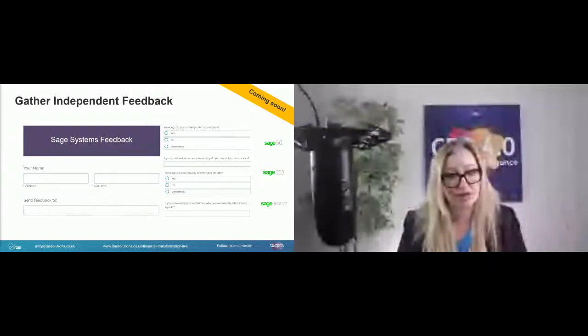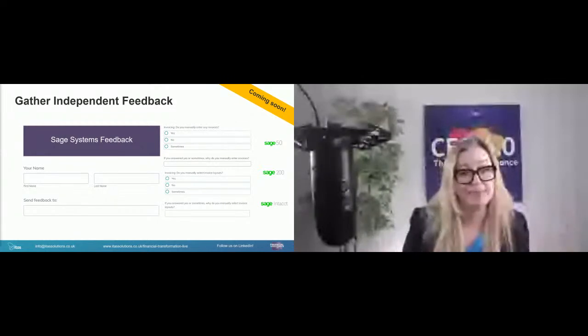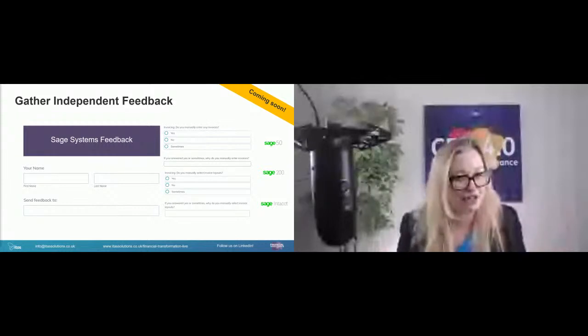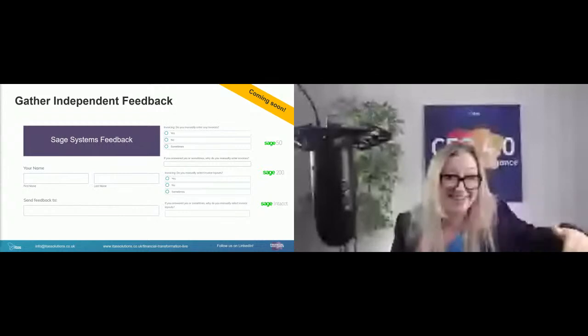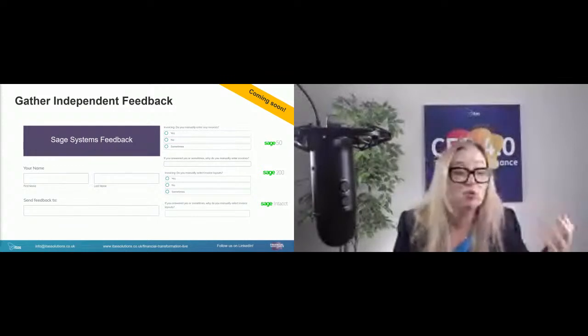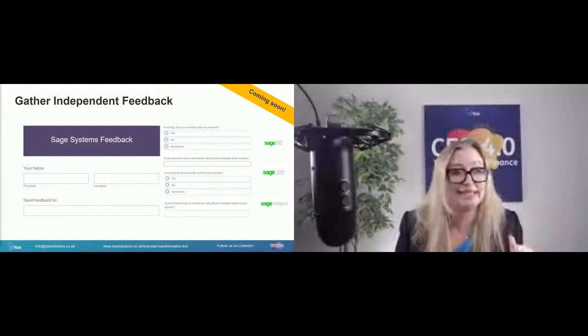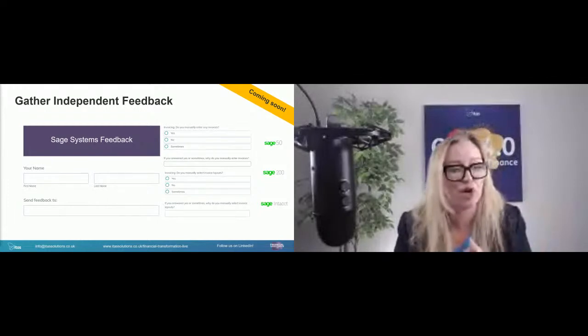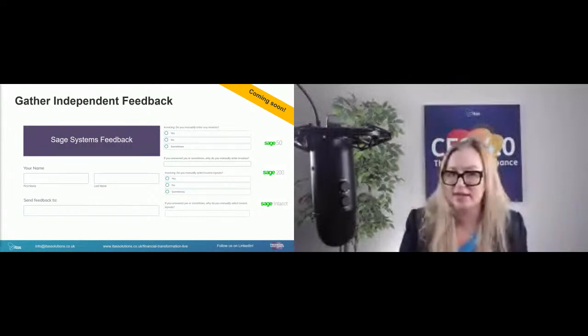So we've put together a series of system-agnostic questions for each team, or each functional area, I should say, of the system, to prompt some questions and feedback. Now, I'm actually hoping this will be applicable to non-Sage users as well, because some of it isn't really specific, it's just general. So if you would like access to that, DM me, send me a message, or put a comment saying "me please", particularly around the systems feedback, because we've got loads of content to share with you. We will collate that and send it through over the next few weeks, because like I said, it's in its early stages.